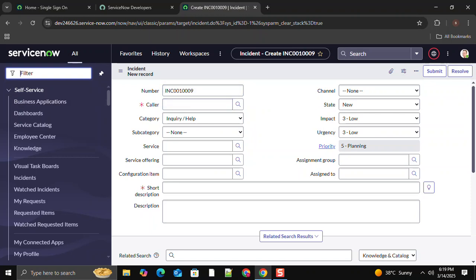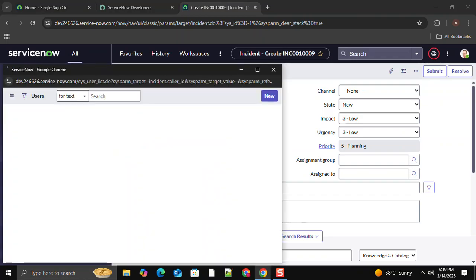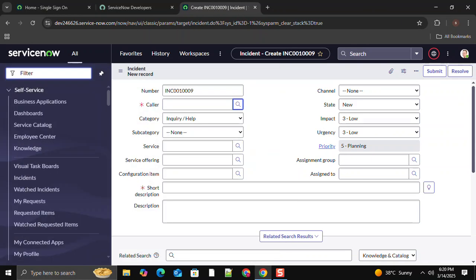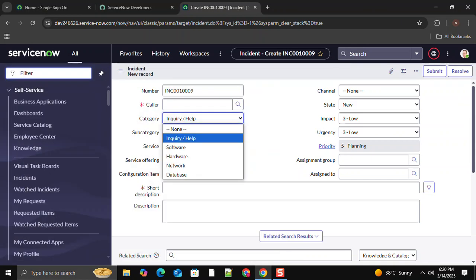Let us look at the field names. The number is this one, INC0010009, and this is the caller, where we can select the username. Let me show this username first. We can see that we have a lot of users. And this is the category, where we can see software, hardware, network,